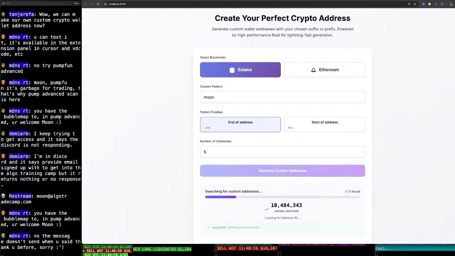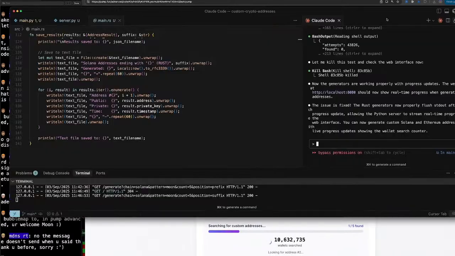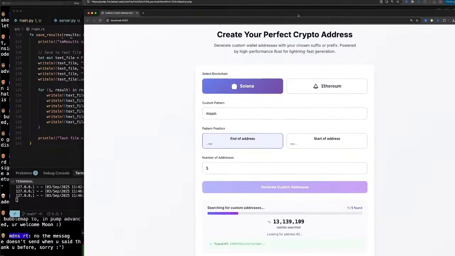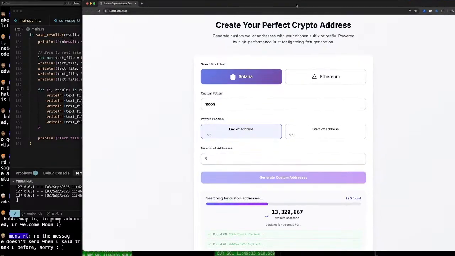All right, what I want to do here is update the website so it doesn't have the pattern position section and it doesn't have the number of addresses section, so it'll be much smaller. Yeah, we're just going to save a lot of space. It'll be smoother, simpler. And what I would like you to do is to also remove the